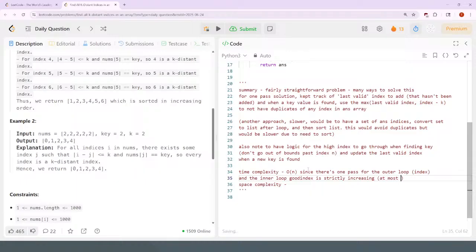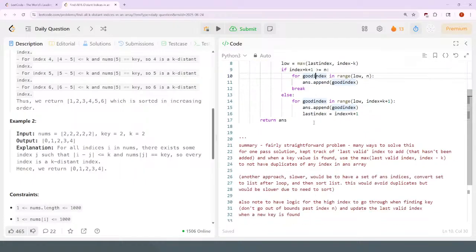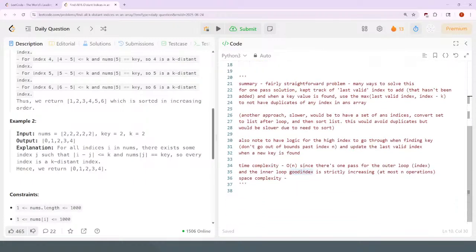So at most n operations. Even though there's an outer and inner for loop, the good index never repeats on any index. It's strictly increasing, so it goes through at most n good indices. And then space complexity, this is going to be O